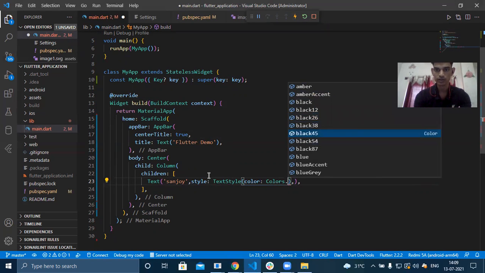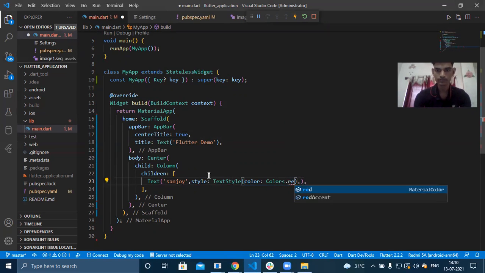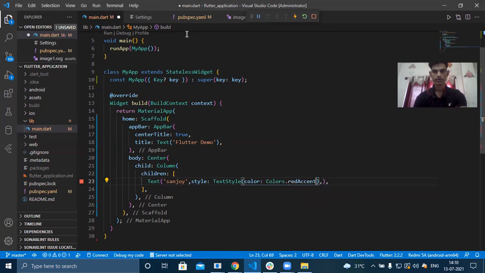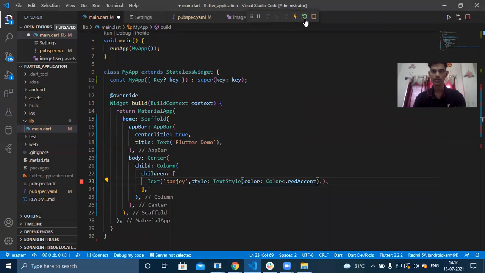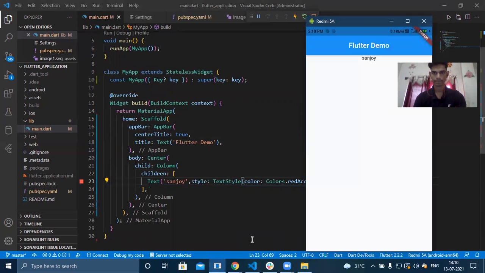Now I'm going to choose red. So after this is the hot reload option. After pressing this, it will reload the current changes. Okay, so the hot reload option is not working right now. So I'm going to hot restart this. Okay, you can see the color is changed.